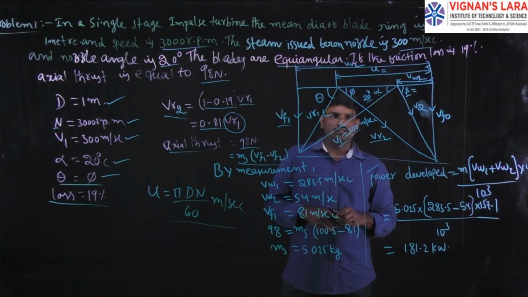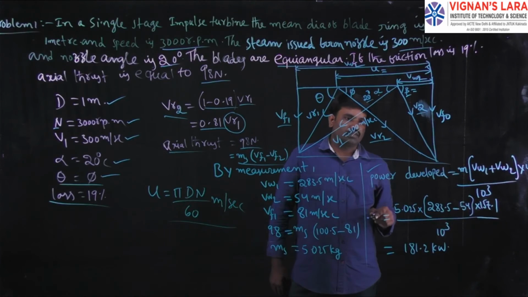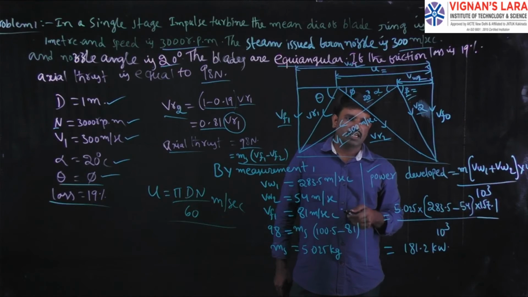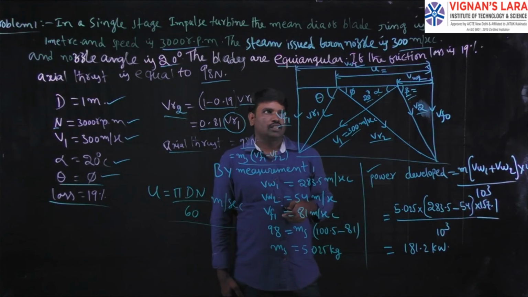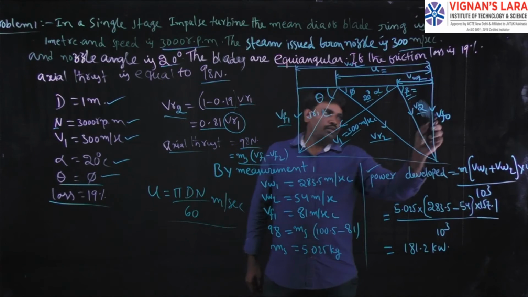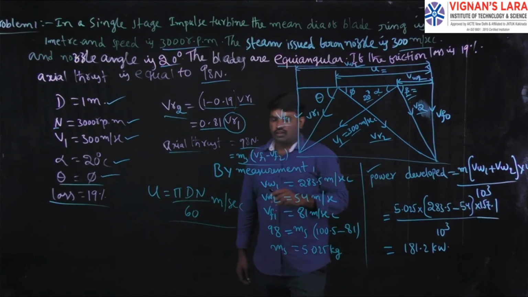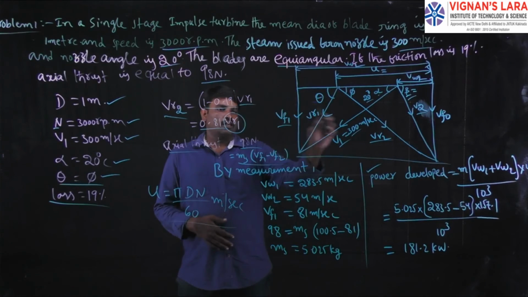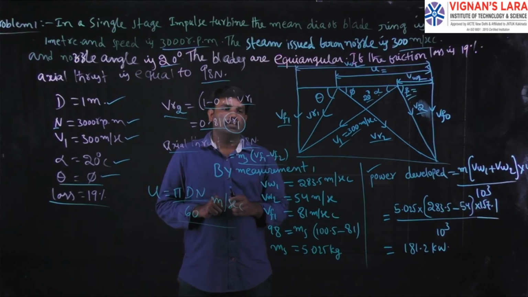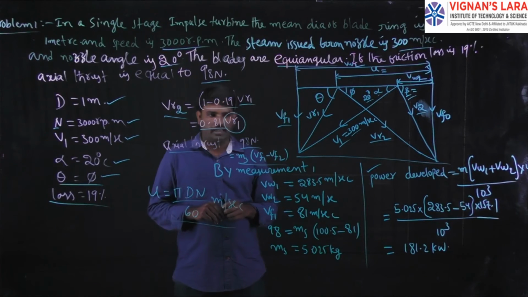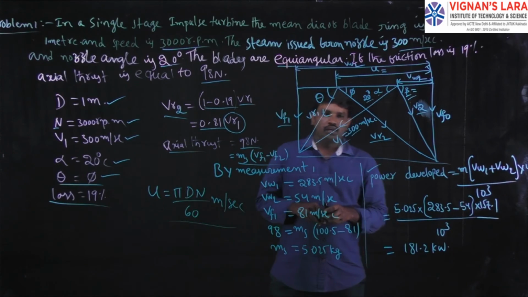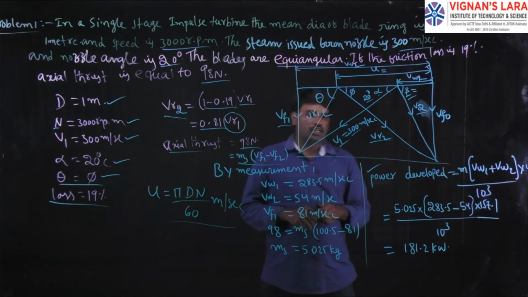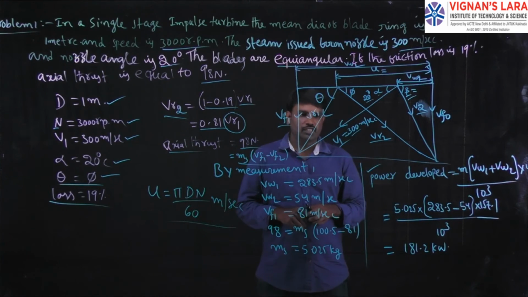You can also calculate the exit velocity of the steam and the exit nozzle angle, discharge angle or exit angle of the steam. These parameters also you can easily calculate. Always remember how to draw the combined velocity triangle based on the given data, then only you can easily solve any problem in the impulse turbine. You can solve the problem by applying trigonometric rules, or by taking a suitable scale. The first method I will explain.